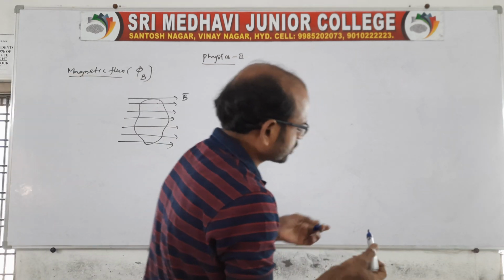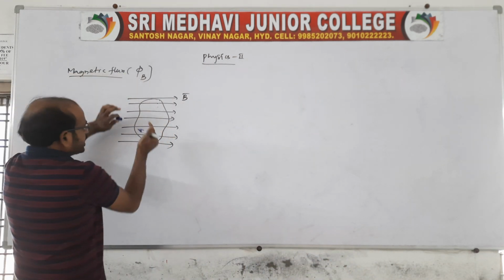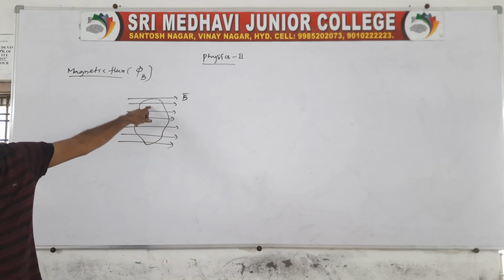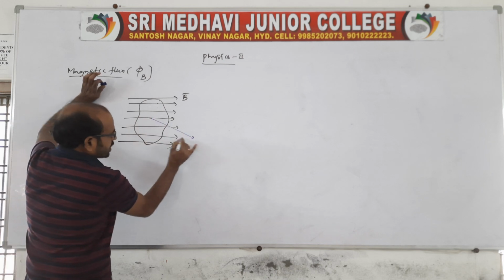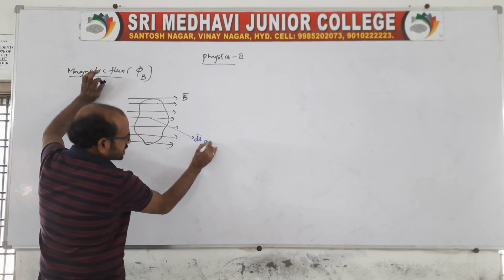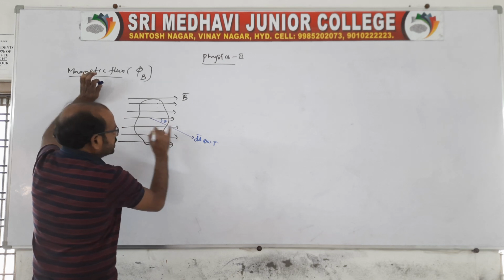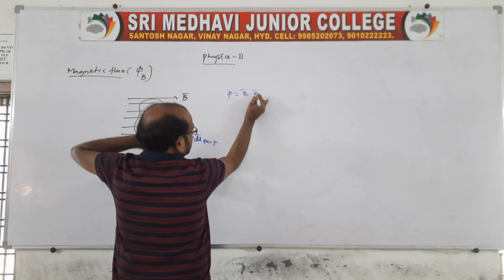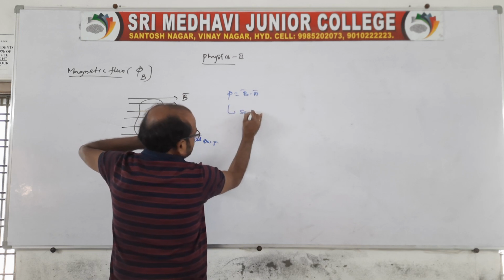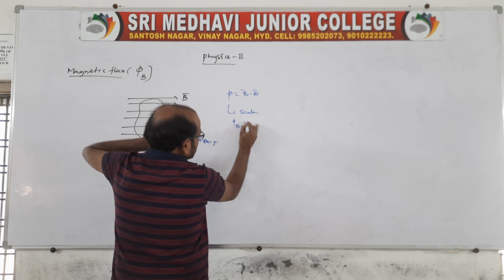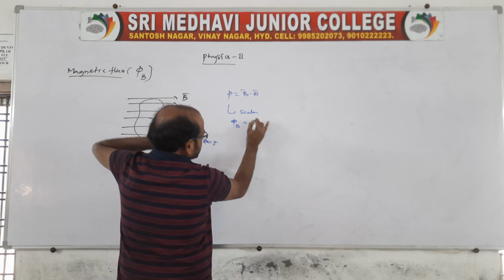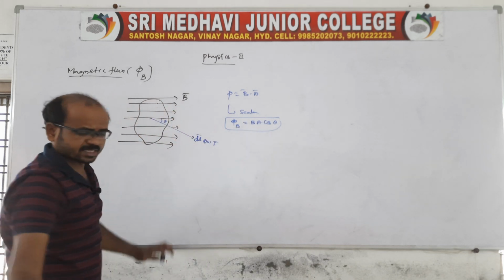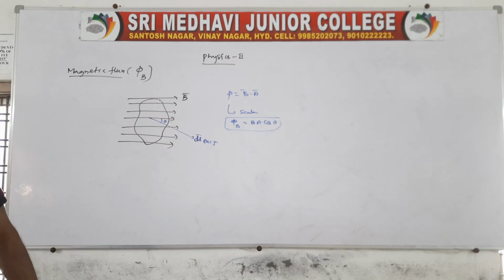See, through an area normal to the area. This is the area, and through this area a number of field lines are passing. If you draw an area vector dS, or S, making an angle theta, then flux is equal to B dot A, the area vector. Therefore flux is a scalar. So the magnetic flux is BA cos theta, which is very important. Again, it is in the next chapter. Everyone remember, this is very, very important.